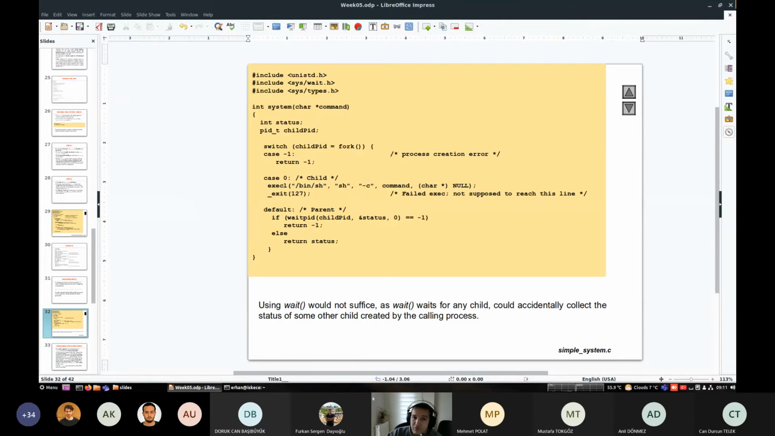Now, a program is running this function. We are giving it a command. We are forking, and we are executing to run that command. Okay. Now, this is a new process, execl. It replaces the child process with the process of the shell. Now, when this terminates,